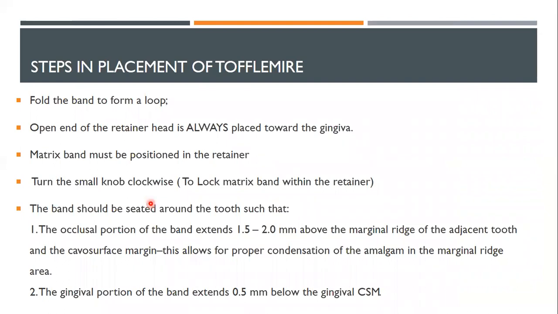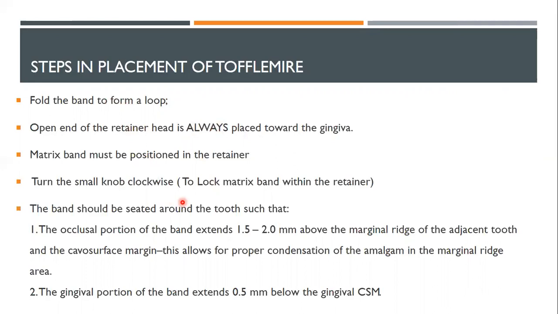Let's discuss the steps in placement of a Tofflemire, and then I'll show you a video of the same. First, we have to fold the band to form a loop. We have to take care that the open end of the retainer is always placed towards the gingiva. We have to position the matrix band in the retainer. Then we turn the small knob clockwise, which is basically used to lock the matrix band